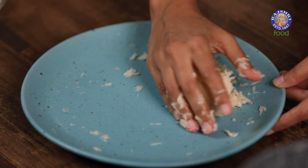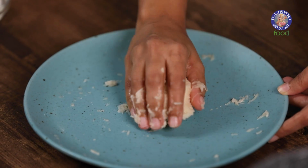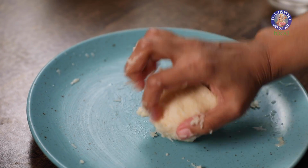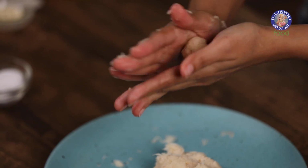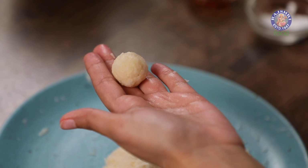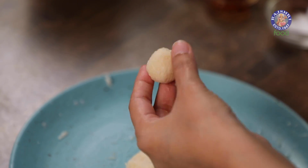If you feel like the dough is not rollable, you can also add a little bit of maida here or any other starch of your choice. Let me check by making a small ball out of this. I'm going to roll it between my hands. This looks good, but the final test would be to drop it in some boiling water and check if it